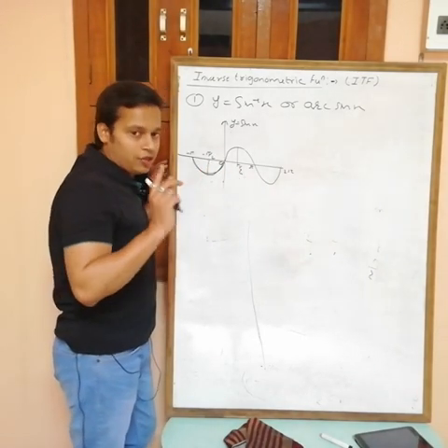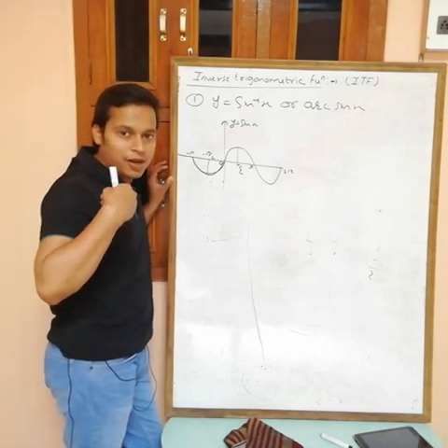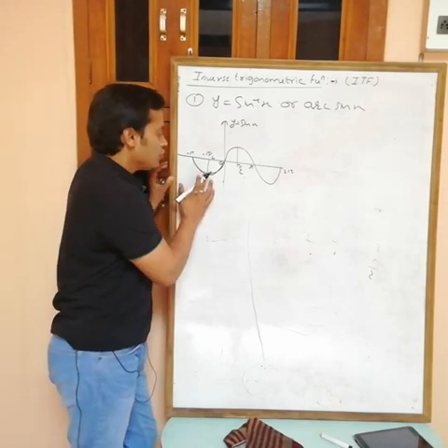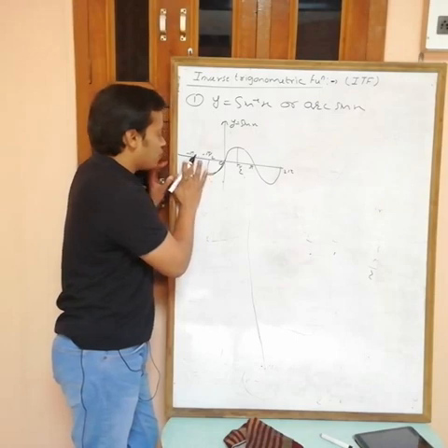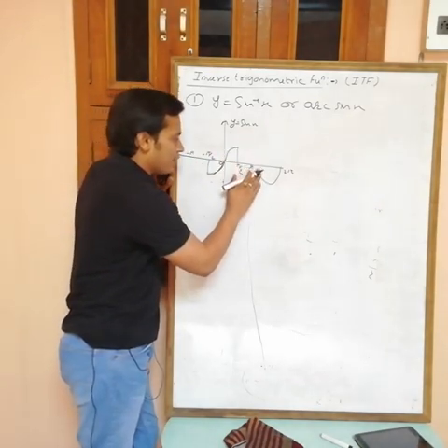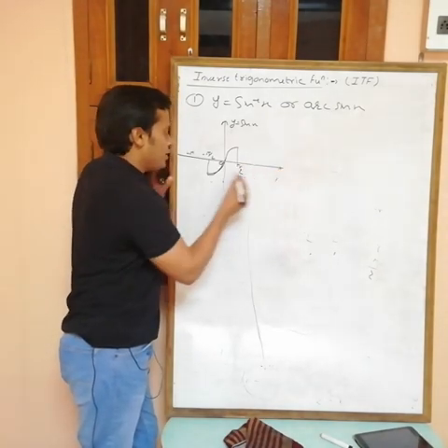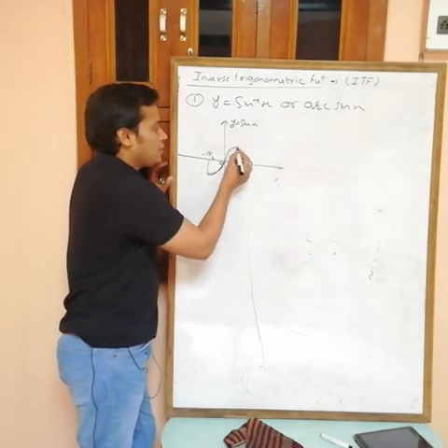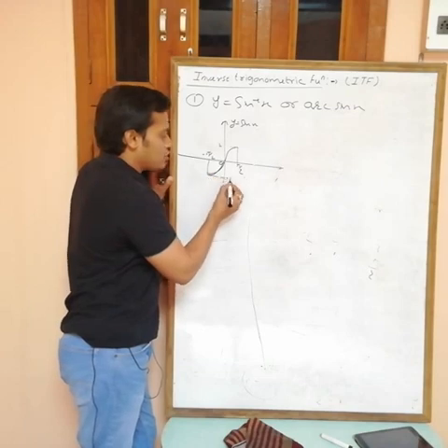Okay. Remember, we have only two options, either minus pi by 2 to plus pi by 2 or 0 to pi. So for this one, we are redefining it from minus pi by 2 to plus pi by 2. Okay, so erase the remaining graph. Now I am drawing the graph of sin x only from minus pi by 2 to plus pi by 2. At pi by 2 the value is 1 and at minus pi by 2 the value is minus 1.